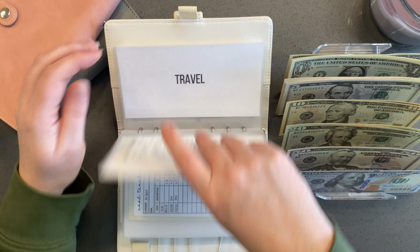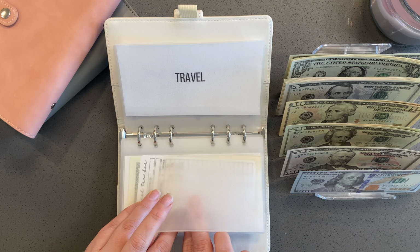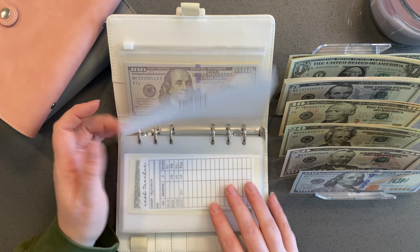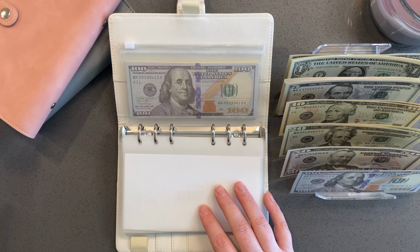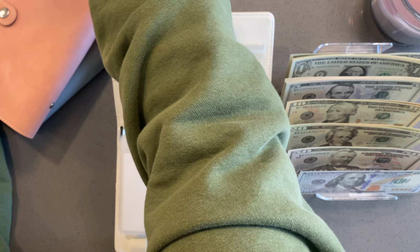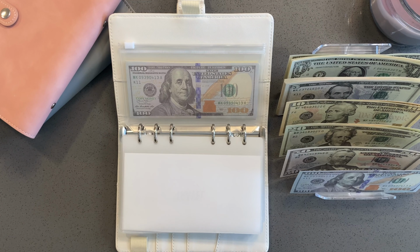And last but not least is travel, which is getting $200 today. But I broke it down. How did I break this down? Let's take a look. I broke it